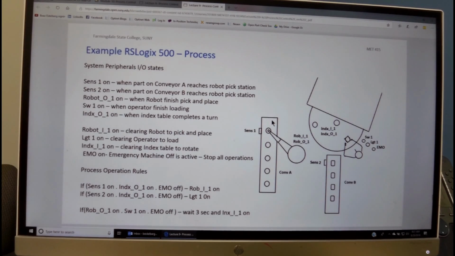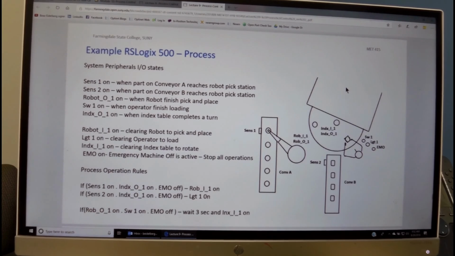Parts are coming in on a conveyor. A sensor senses a part and then gives the PLC an indication that a part is ready for the robot to pick up. The sensor over here checks parts coming to the human operator, maybe a heavy part, or maybe light parts that have to be assembled and processed over here with a machine tool. And then we have an index table that transfers the parts from the robot to the human operator into